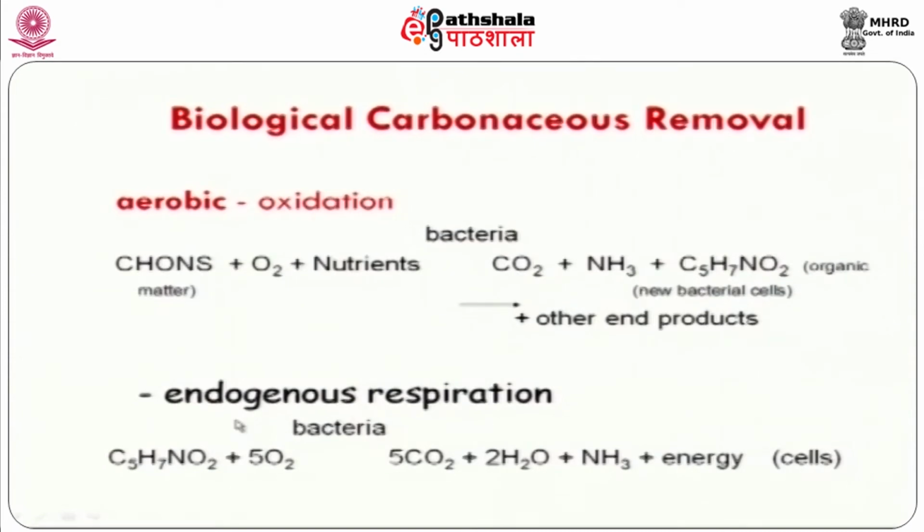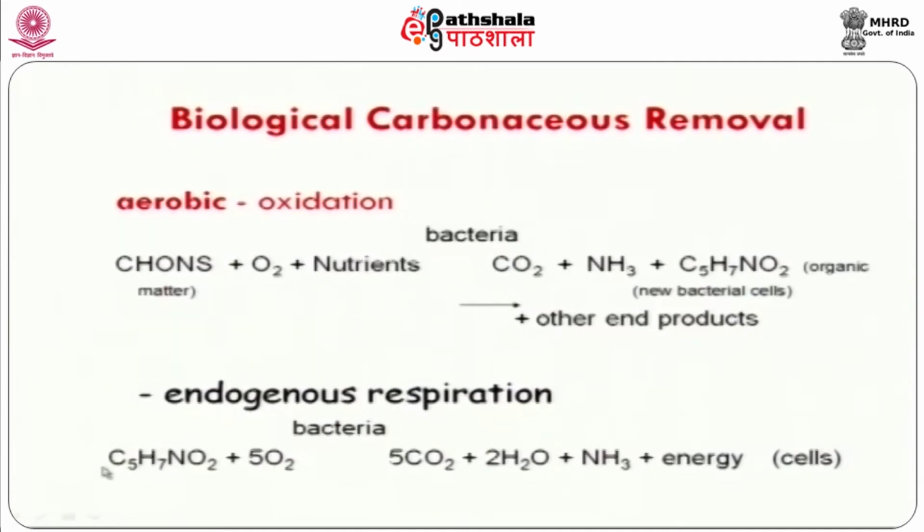If the food source is limited, in that situation, some of the bacterial species enter into the endogenous phase of respiration. During the endogenous phase, some of the bacterial cells enter into the death phase, lysis will occur, and the protoplasm of the cell will come out from the cell wall. It will serve as a substrate for other vibrant bacteria that are dispersed in the aqueous phase. So, during the endogenous phase of respiration, some of the bacterial cells are utilized as food for other dynamic bacteria present in the reactor.